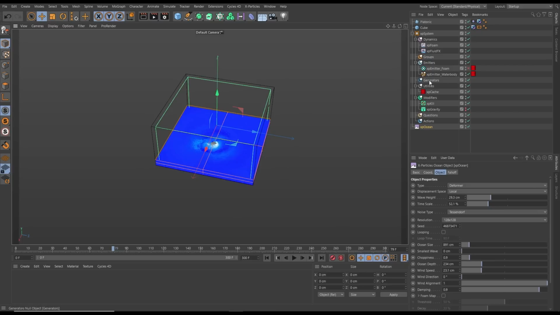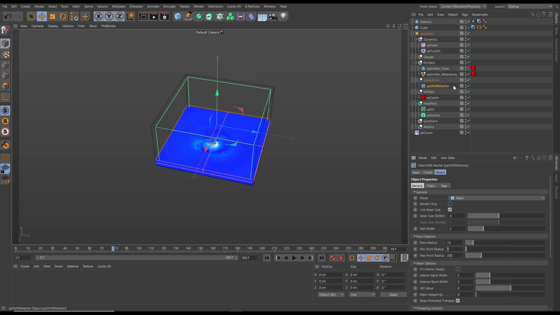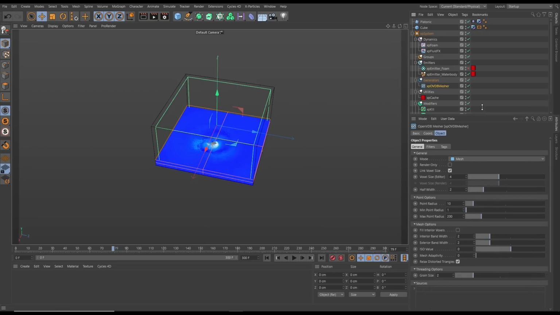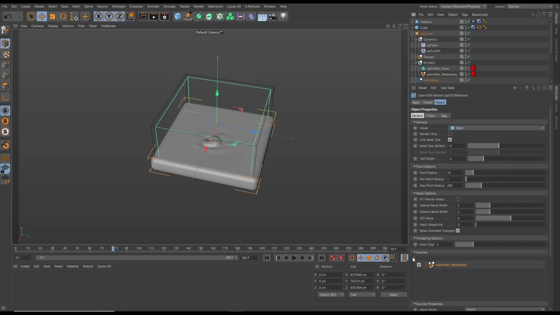But look, let's go to generators. Let's choose a generator, and we'll pick an OpenVDB mesher. And there it is. And with this mesher, we're going to mesh the water body particles. So let's drag the water body particles into the sources window. And now it's meshed it. Let's make the water body particles invisible. So this is too blobby at the moment. So let's go to our point radius and put it down to, say,